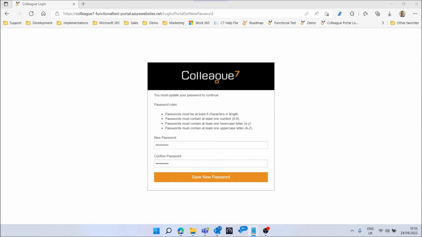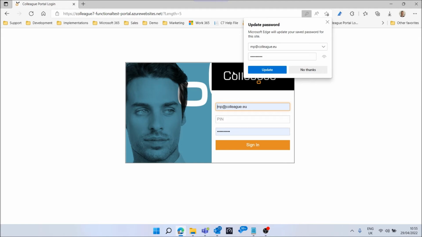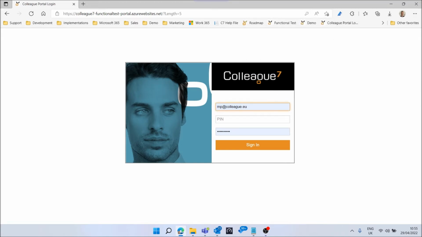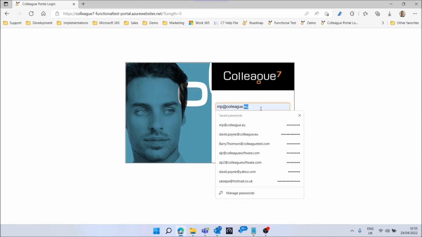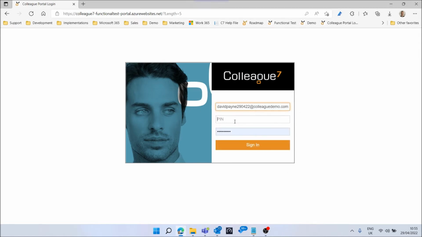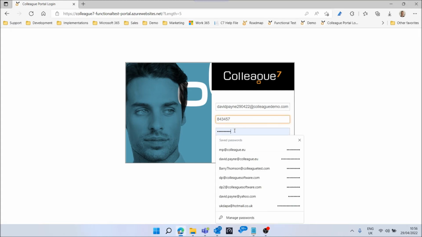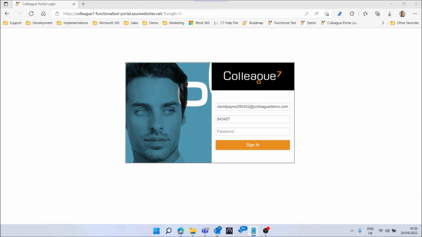Also make a note of it here as well, and then I'll save that new password. So what that basically means now is that that password has been saved. So if I now enter in my details again with our new password,